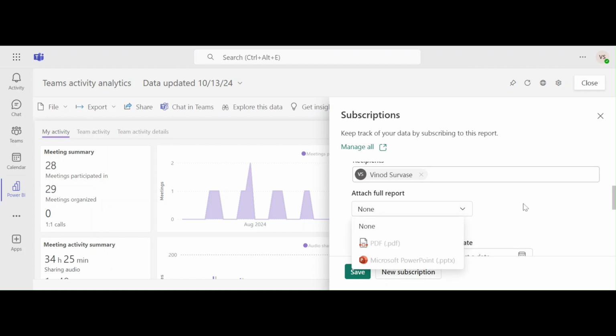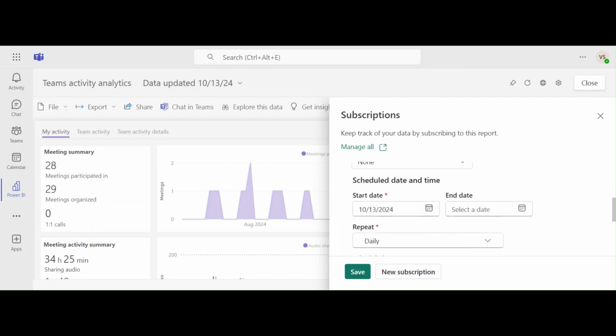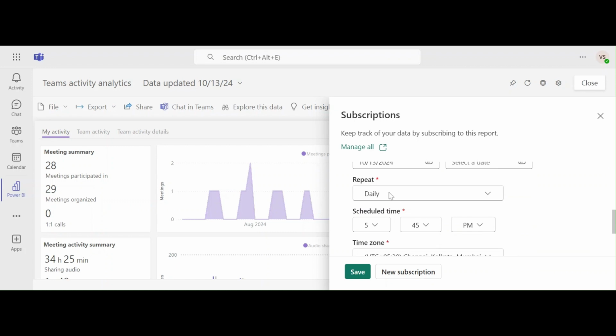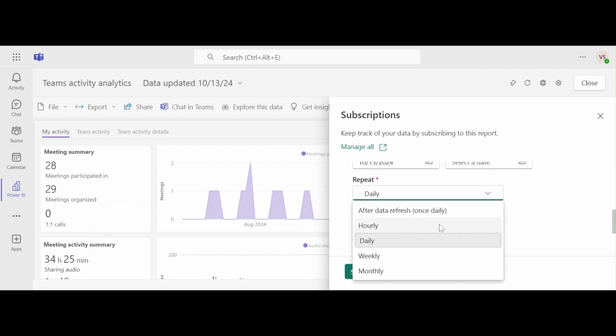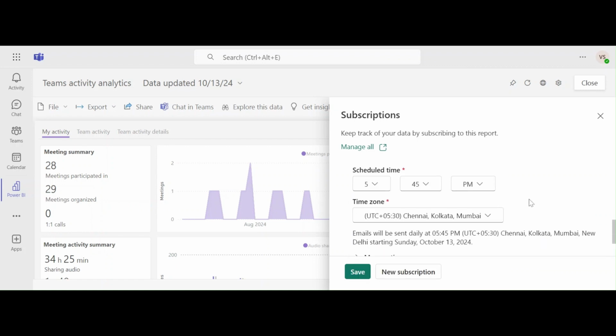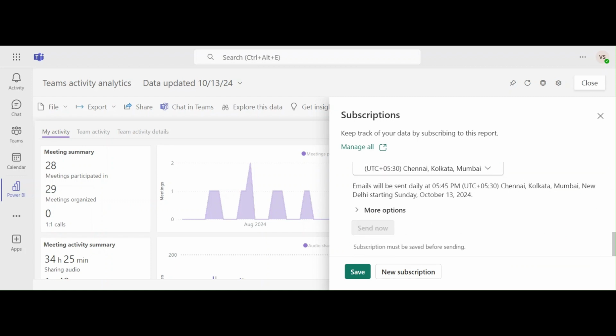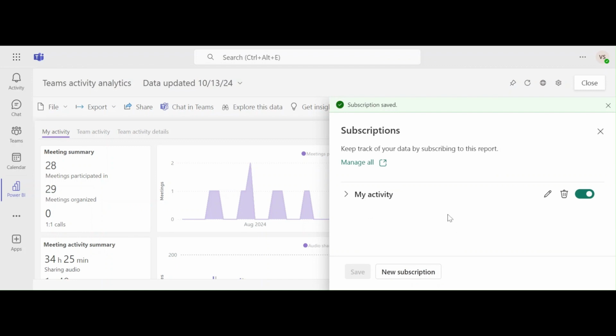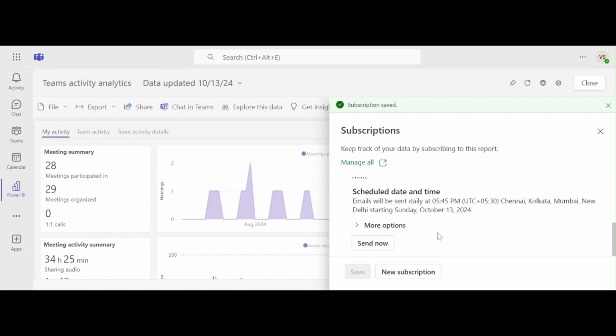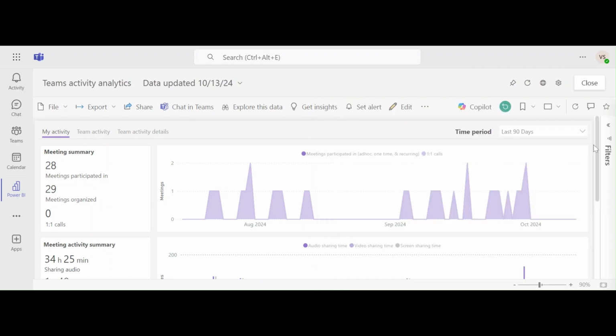Okay, so there is no direct option to select for us, but I'm going to select the start date as today's date, and the repetition would be daily. So we can set it hourly, weekly, or monthly as well, and then the date and time the report is scheduled from. And yeah, that's all. So save this change. This is going to send me a report on a scheduled date and time, right? So this way we can make sure we get the daily report from this,